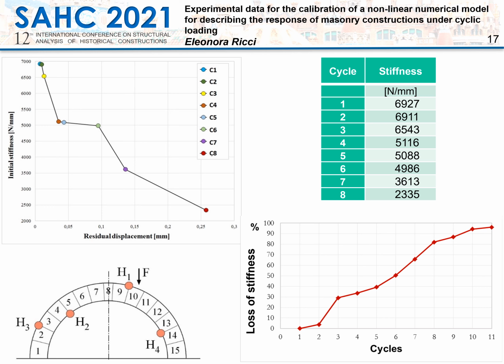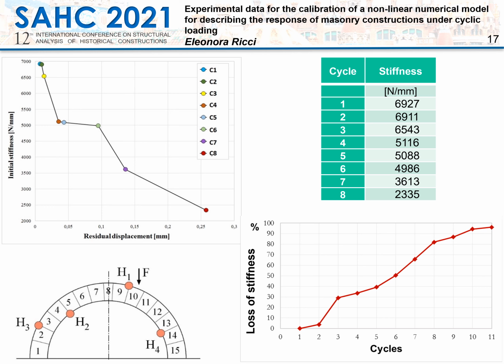It can be noticed that for the first 2 cycles, the stiffness is practically the same, and that the residual displacement is negligible, while a sudden decrease of stiffness is noted at the cycle number 4, corresponding to a jump of the residual displacement from 0.01 to 0.03 millimeters. This behavior is probably due to the formation of some cracks at the joints that involves irreversible deformations and damage with decrease of the stiffness. It is likely that the cracks formed at the joints where the first and second hinges occurred, although at cycle number 4 these hinges are not still visible by eye.